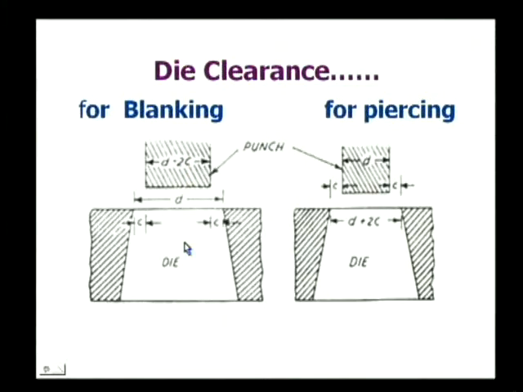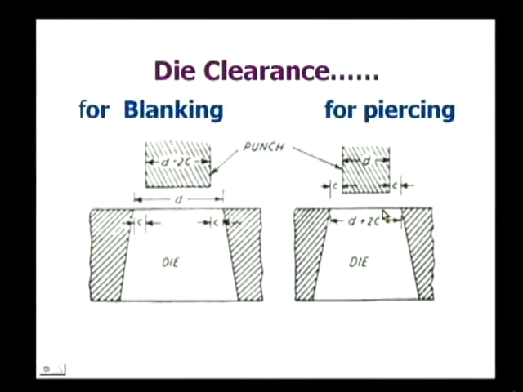For blanking operation, blanking means cutting the material to the required shape. It can be observed that if D is the size actually to be cut, the clearance is to be provided in the die itself. So the size of the punch is less by twice the clearance. If C is the clearance on one side of the die, then D minus 2C is the size of the punch, whereas D is the size of the die hole. So clearance is only provided on the punch.